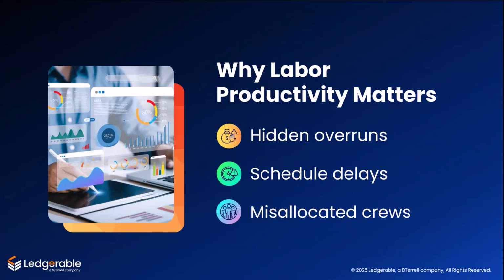Instead of blaming the materials, they started shadowing the more efficient crews, documenting their processes and using them as the benchmark for the rest of the crews. And within 6 months after they started to do that, they were able to cut average labor overruns in half. And the owner later said that for the first time in years, they feel like they're actually in control of labor instead of having labor controlling them.